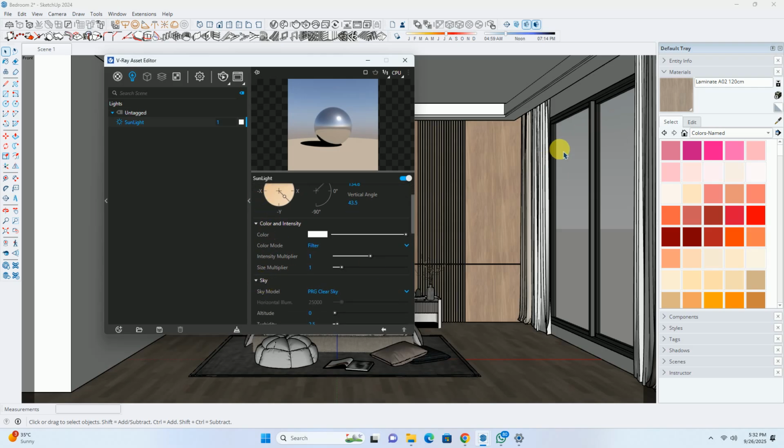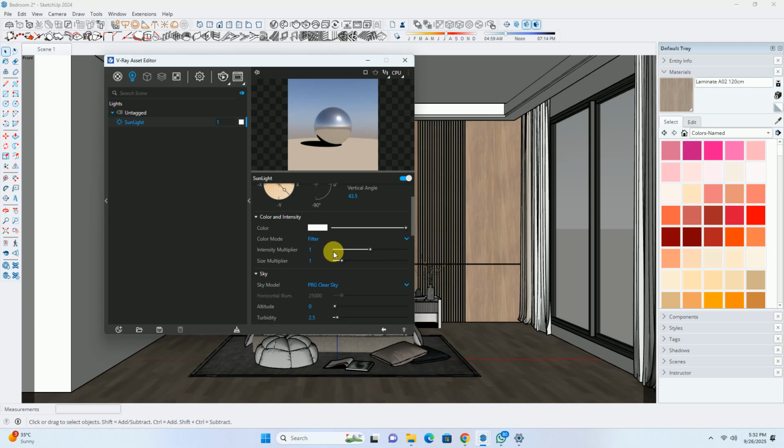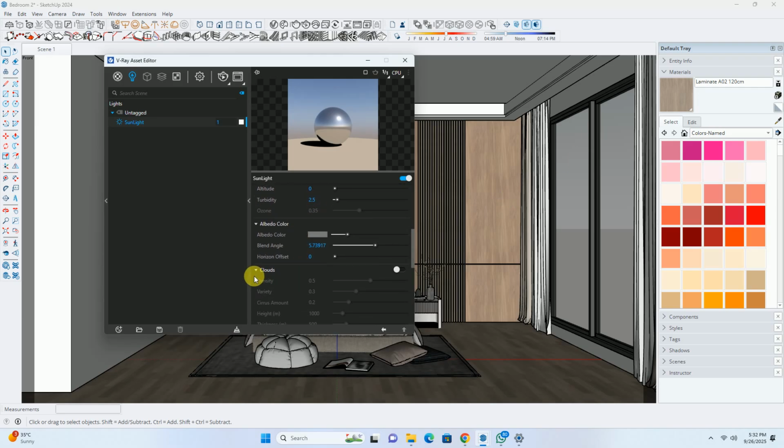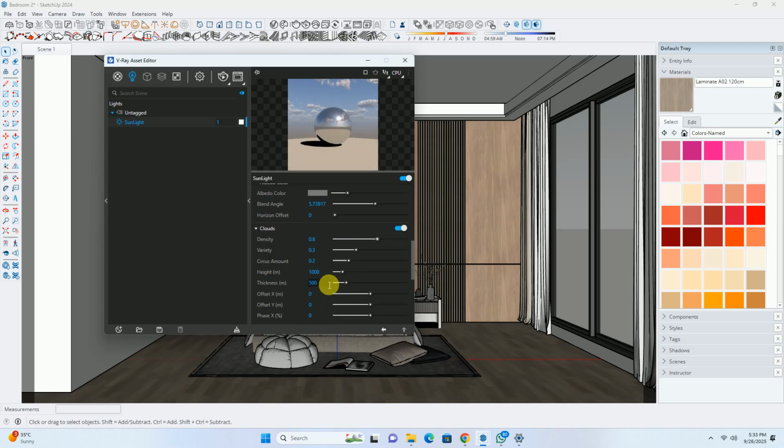Now what we can further change is the sky. When we see the render, we are seeing a clear sky. If you want clouds, you can make the clouds visible by this feature. You can increase the density and other parameters from over here for the cloud. You can change the height inclinations also. At what height should this cloud be running? That means how high up do you want the cloud to be?